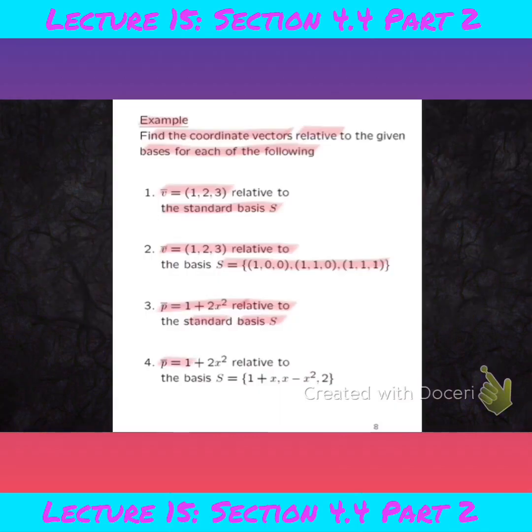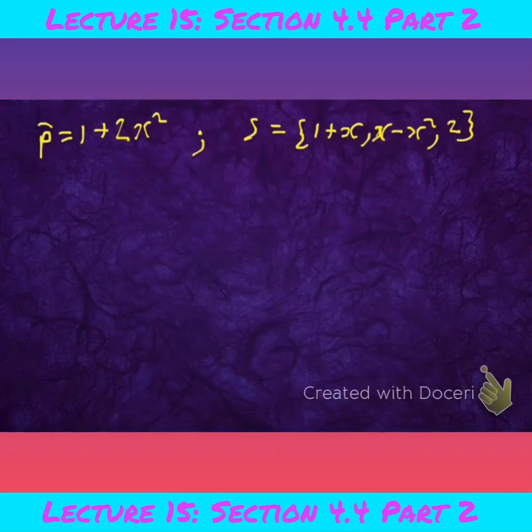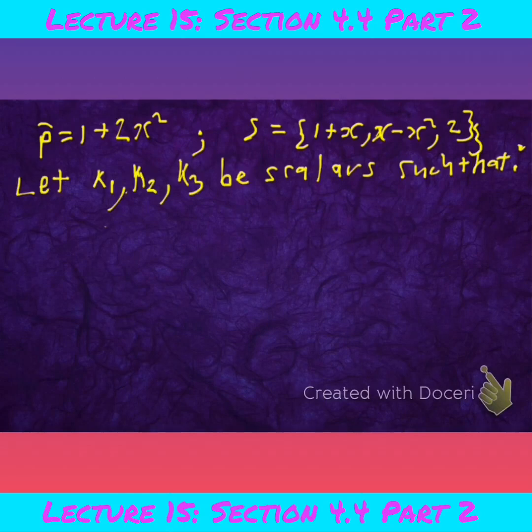Okay, we have the last one. There they ask us to find the coordinate vector of that polynomial relative to a new basis. And it's the basis 1 plus x, x minus x squared, 2. Okay, there we've got your vector p, and you've got your basis S. Okay, so let k1, k2, k3 be scalars such that